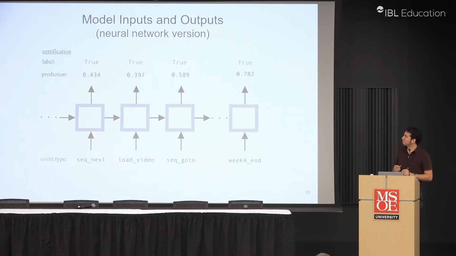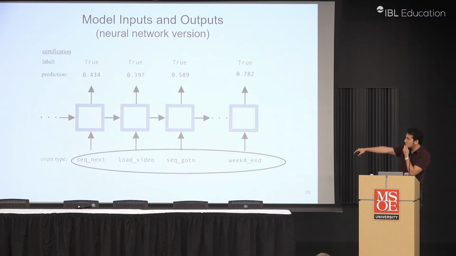Okay. And again, we use our favorite model here, a form of recurrent neural network. We will be forced to use fancier and fancier things like transformers and so forth, but in 2018, we used RNN. And I want to draw attention to the inputs here. So the predictions of, in this case, certification, which is passing for us, are made at every event. So every time the learner clicks something, a new prediction is generated by the model.